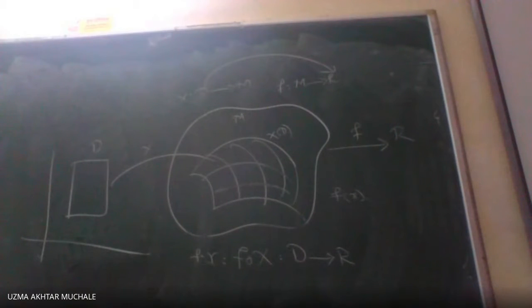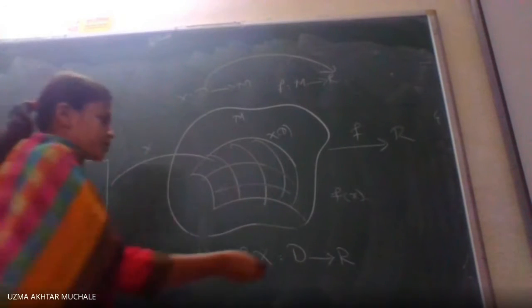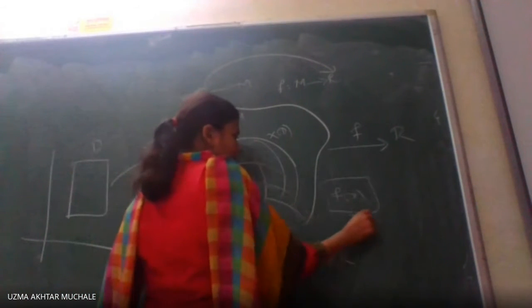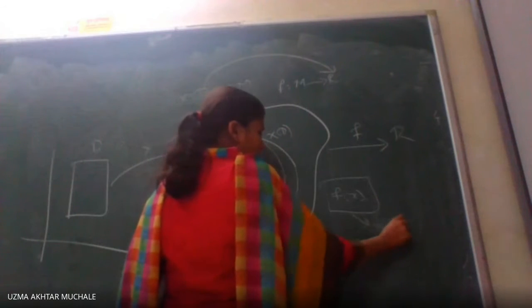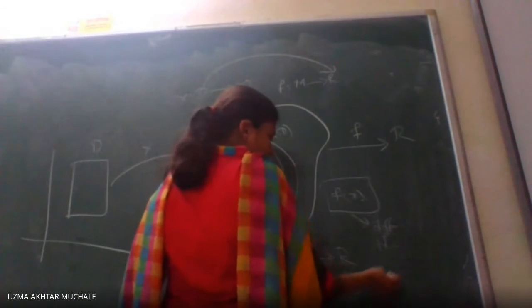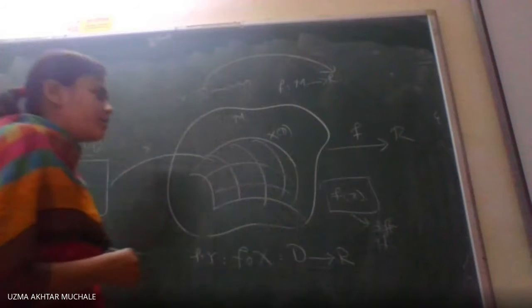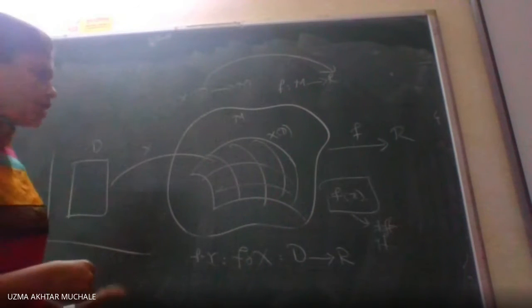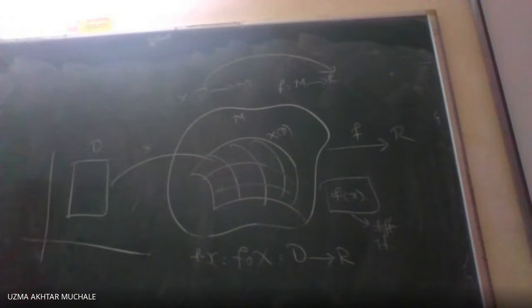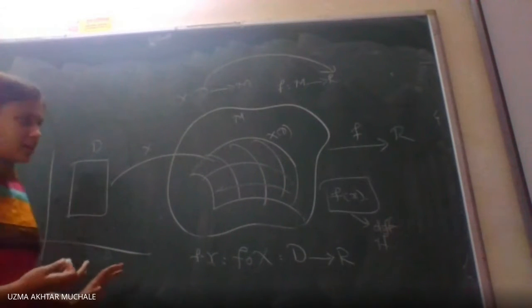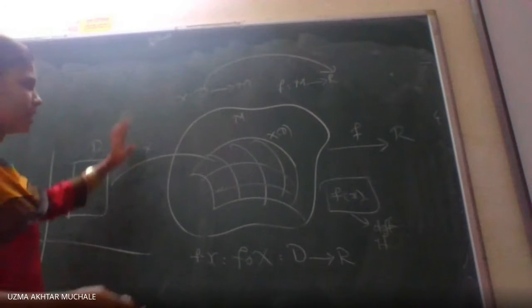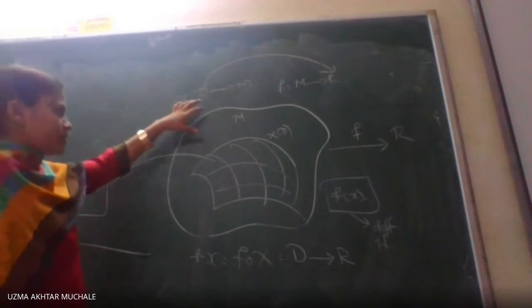So this function defined on surface M is called differentiable. So whatever function I am getting, it is differentiable only if its coordinate functions are differentiable, right? So hence, this is the definition of a differentiable function we have defined. Actually, I don't know why we have defined a differentiable function in this way. Let me start with the first.